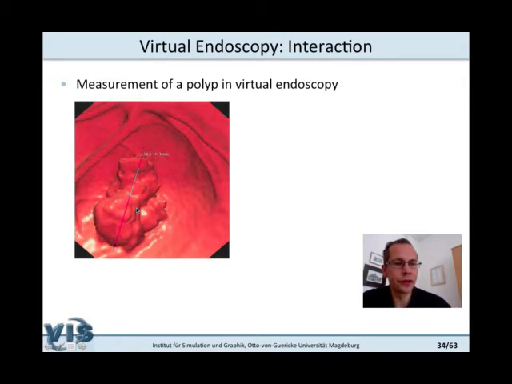I commented on this a minute before related to bronchoscopy, but of course for endoscopy, for colonoscopy, it's also important. So here a polyp is measured, and that is indeed a large polyp, more than 5 centimeters. That's really a lot. Hopefully this really is a polyp and not already a colon cancer. And one thing I like here is that they also try to estimate a bit the uncertainty related to this